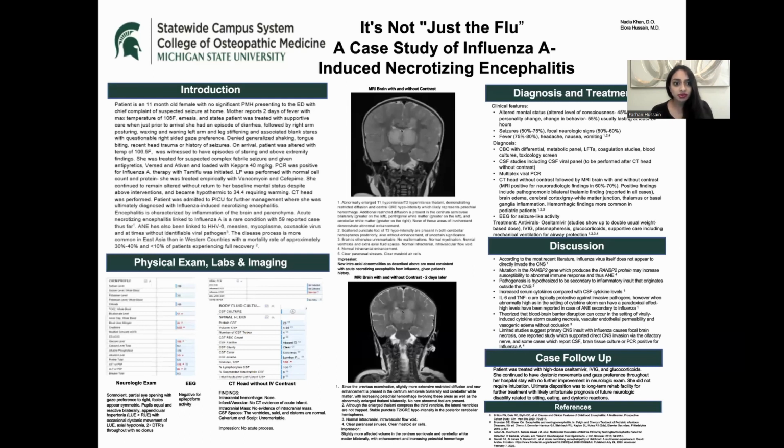PCR was positive for influenza A and Tamiflu was initiated. LP was performed and the patient was treated empirically with vancomycin and cefepime. She remained altered without return to her baseline mental status and became hypothermic, requiring warming. CT head was performed, which was non-revealing, and she was admitted to the PICU, where she was ultimately diagnosed with acute